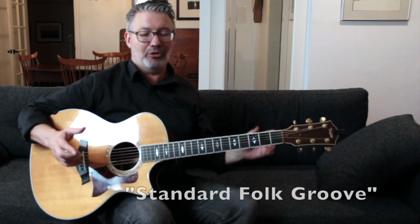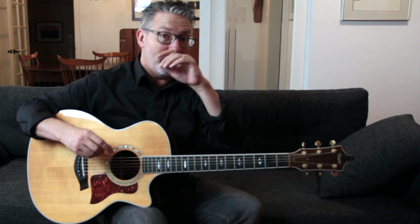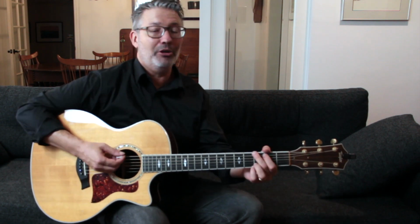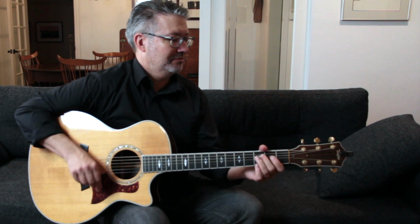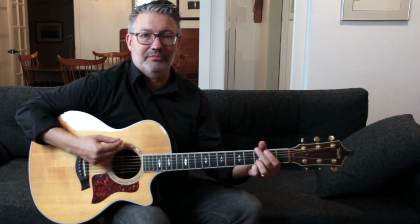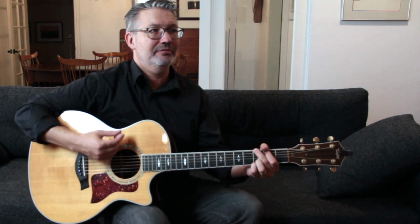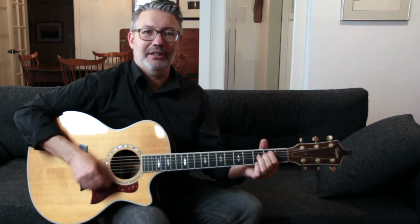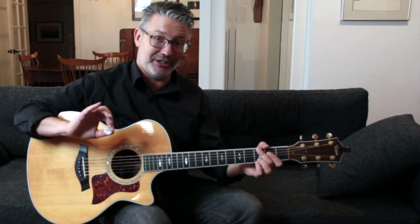I call this the standard folk groove because it's so common. And you can play it a lot of different ways. If you play it really fast, it kind of sounds like a bluegrass thing. Right? If you hit the bass note, it kind of sounds like a 50s strumming groove. In fact, if you roll the second chord,